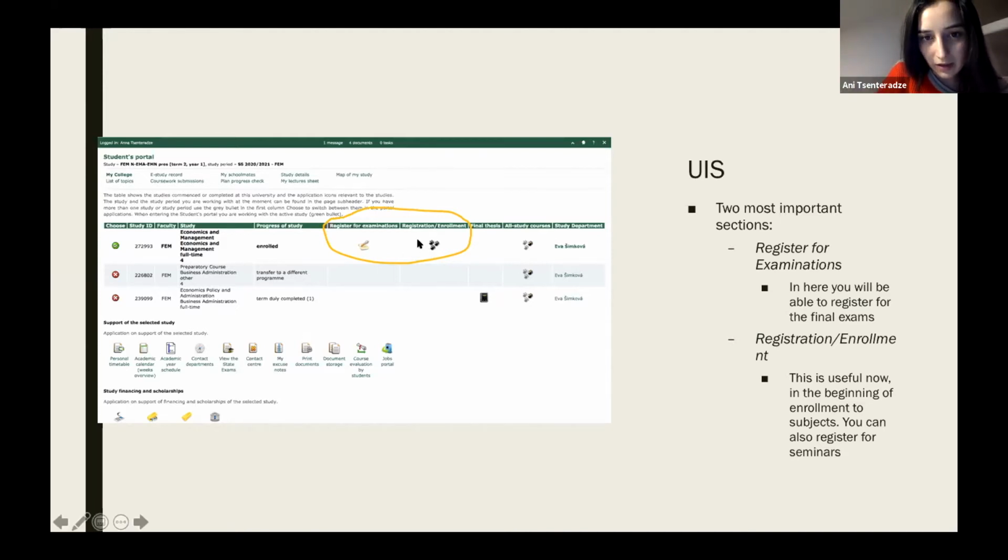The one that has registration and enrollment, there you will see the subjects that you can choose, and in the subjects you can choose your preferred times of the seminars and lectures. When you have final exams, you will be able to register for them in here, register for examinations, and then you can see the dates for the subjects. You choose whatever you want, and then you can calculate, because usually you have 3 attempts, but sometimes they give you just 4 attempts, so you should start at least from the second date so that you are not missing any possibilities.